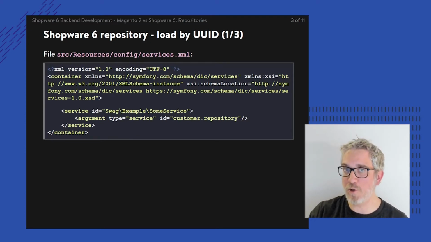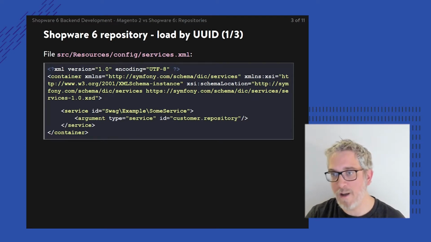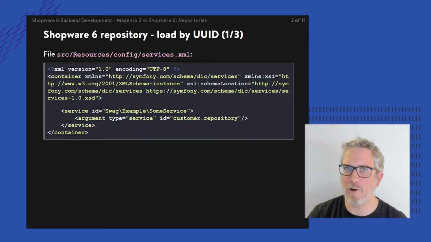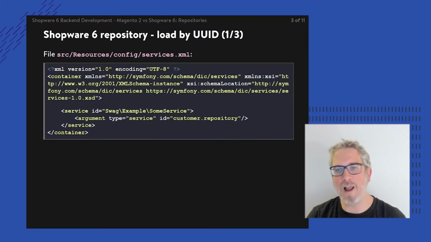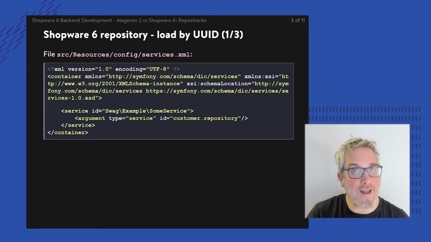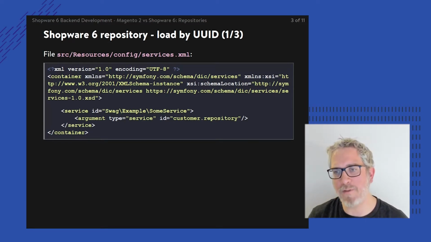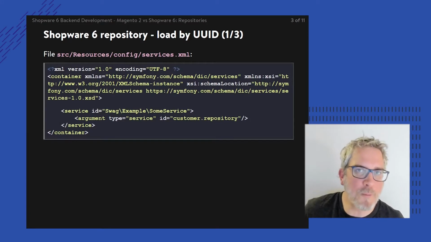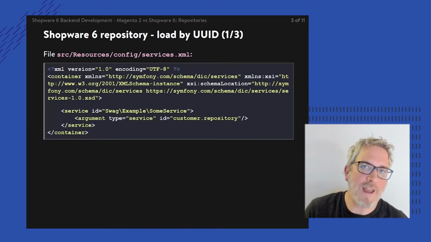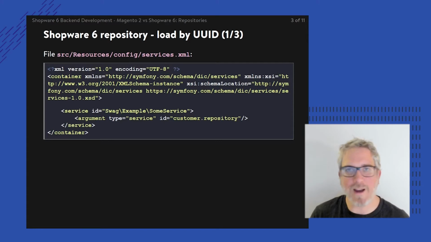So under the hood, the service container of Shopware is doing the same thing as the object manager in Magento is doing. It's allowing for a mapping between A and B, between an interface and a class, but also between a string and the class name itself. In the end, because this is dependency injection with an actual service, and the type is service, it means that there's going to be an object being inserted as a dependency. If it wouldn't be an object, if it would still be a string, you would get a fatal error that you're trying to inject the wrong thing.